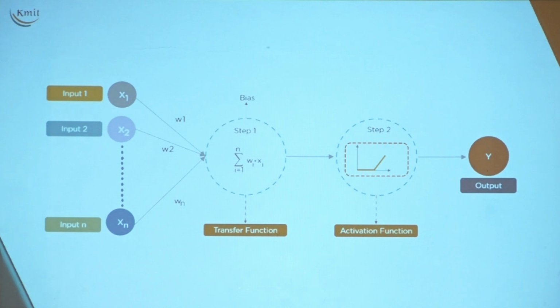Depending upon how many neurons we have on the input side, we take the summation of xi into wi. What is xi? The input neurons. What is wi? The random weights that we are assigning to our input neurons. So we sum all the product terms of xi and wi